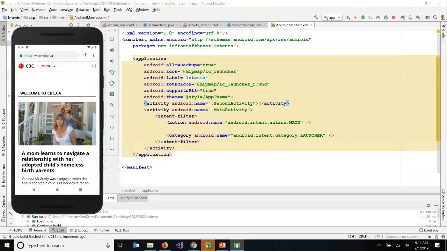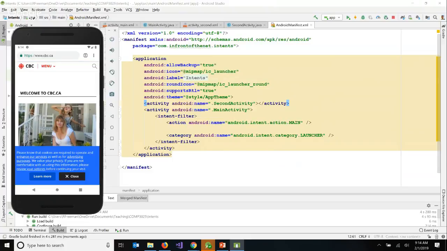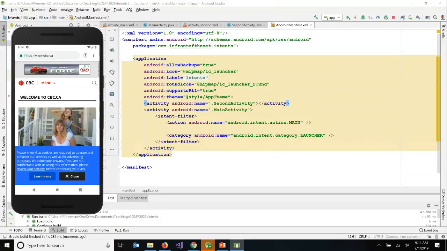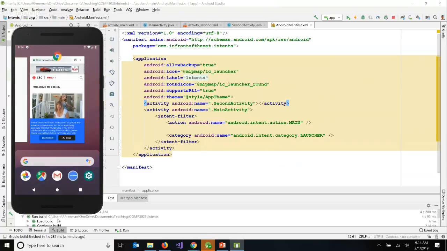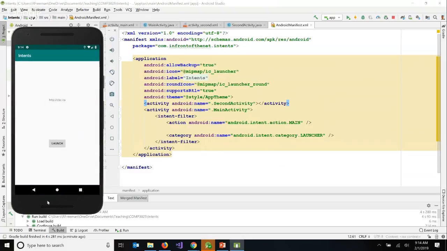So it uses the default app on the device to load the URL. If I go back and go back again,